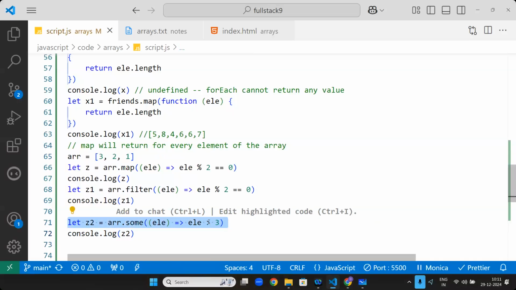Is there at least one? No. I said some means some of the elements should be true, but none of them are true now. So what will be the answer for Z2, sir? What will be the answer for Z2? If you know logical OR, in operators I told you logical OR means if all the conditions are false, then only it will be false. Now it is false. See,